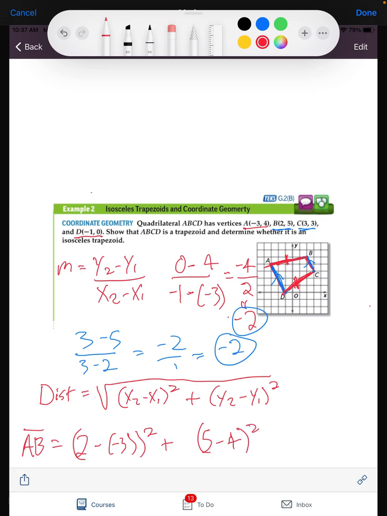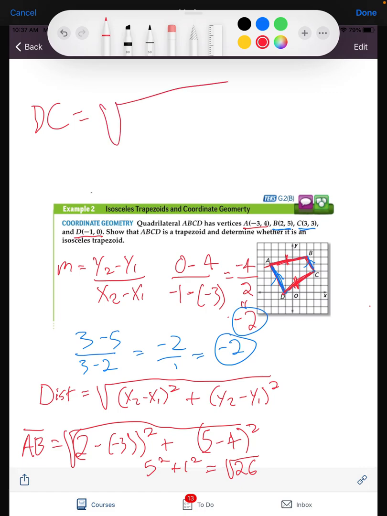Okay, so 2 minus negative 3, that's 5 squared plus 1 squared equals, and we're taking the square root, so 26. The square root of 26 is AB, and then we want to see what DC is, so I'll write that one up here. DC